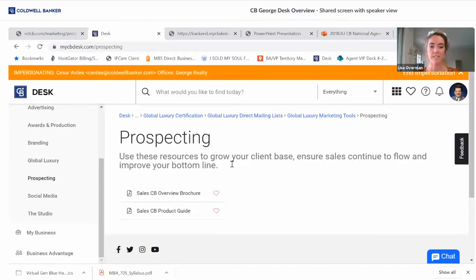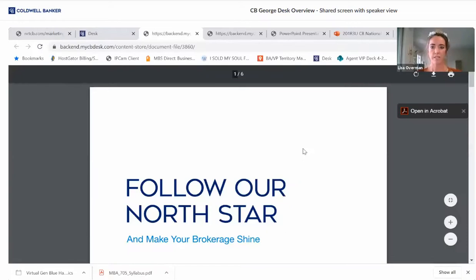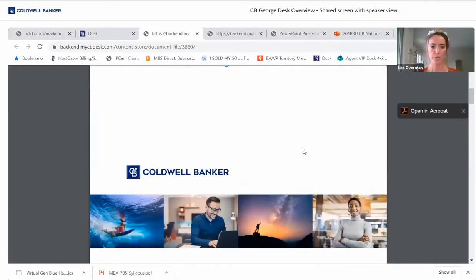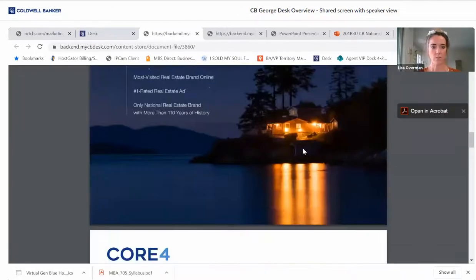So prospecting is a section I would skip, and agents who may not have this in your portal, it might just be from a broker view, but this sales CV overview brochure, if you do click into it, and I will show you, because Peter, you were asking about it earlier, a lot of the things that show in this brochure are yet to come. So if I scroll down,